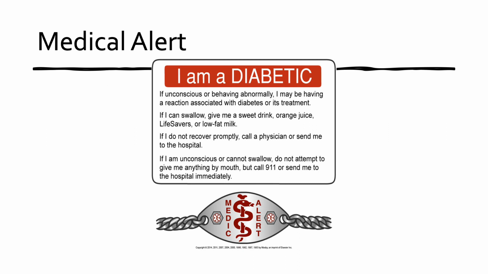All diabetics should have some kind of medical alert on them. They can have a medical alert bracelet. Some of them have tattoos. And people should have this in their cell phones, in the in-case-of-emergency part of their cell phones. They should have all kinds of health information in case they were found unconscious and couldn't explain what was going on. Healthcare providers need to know that they're diabetics.